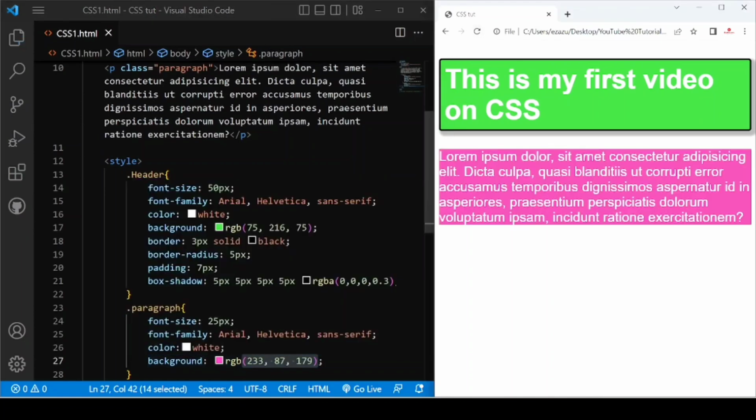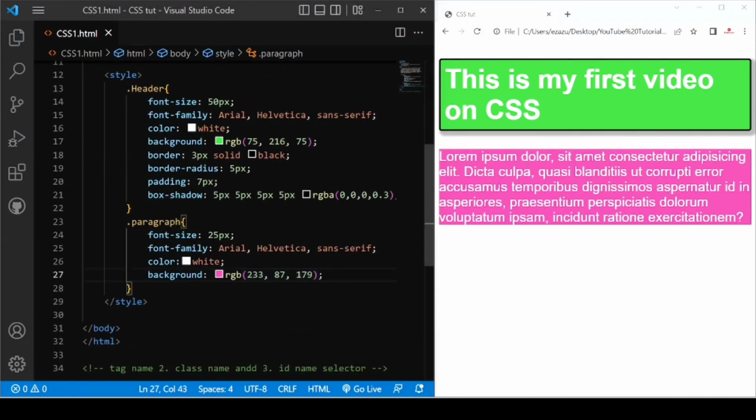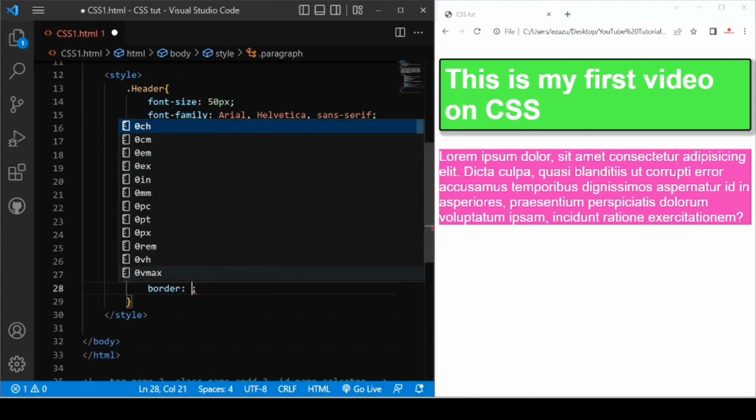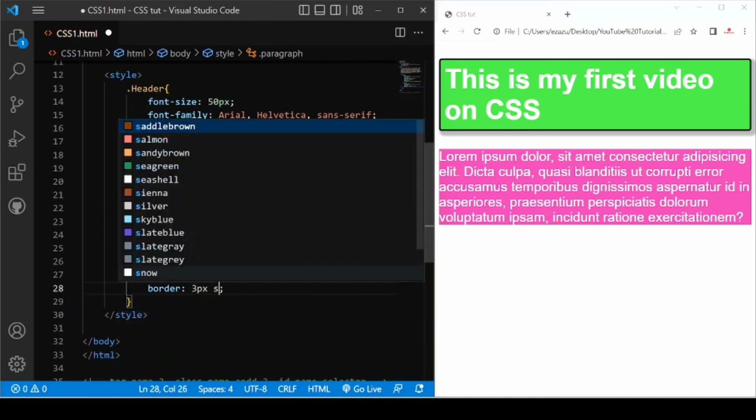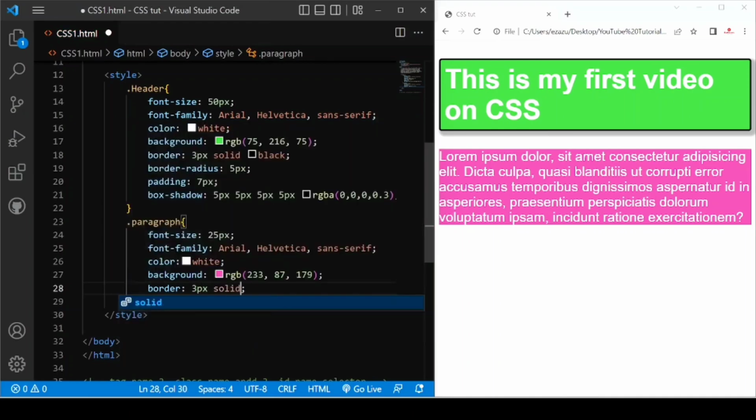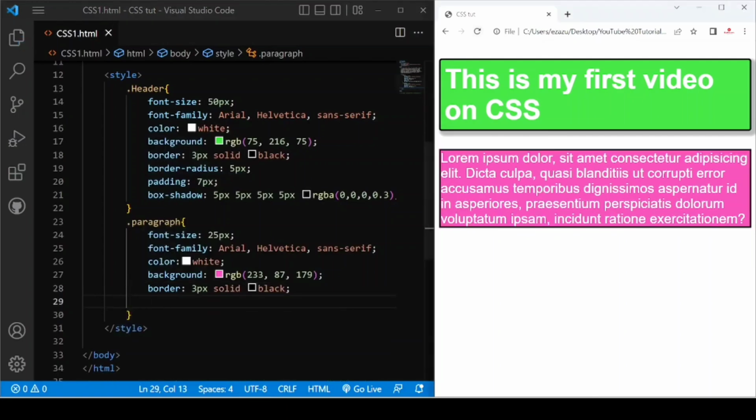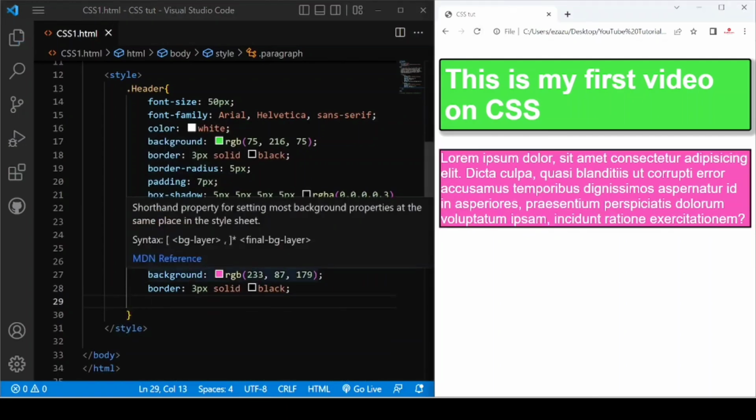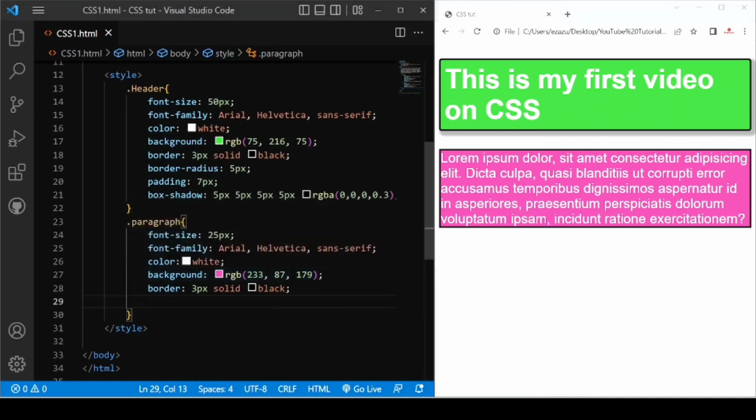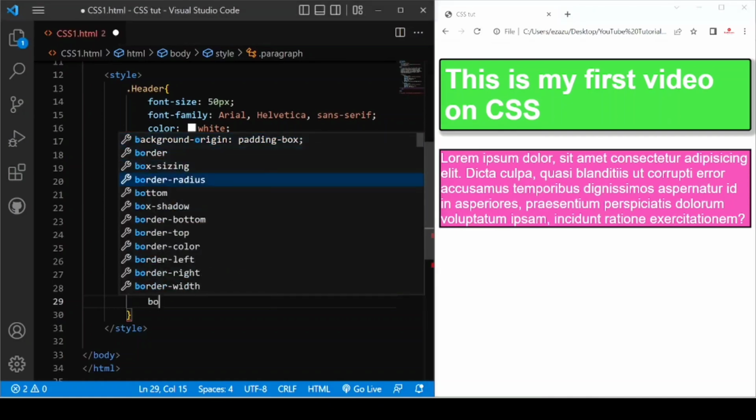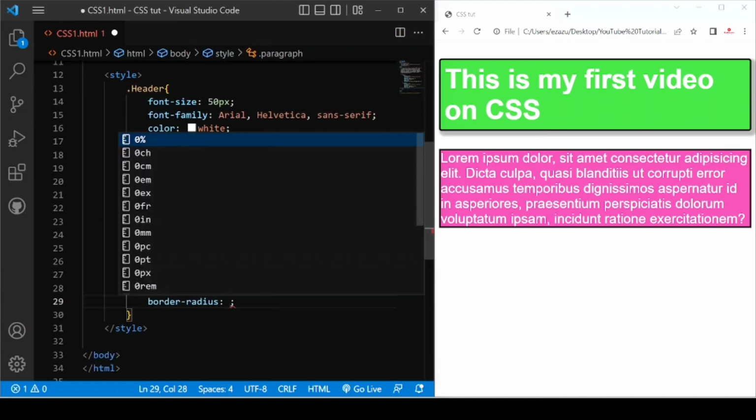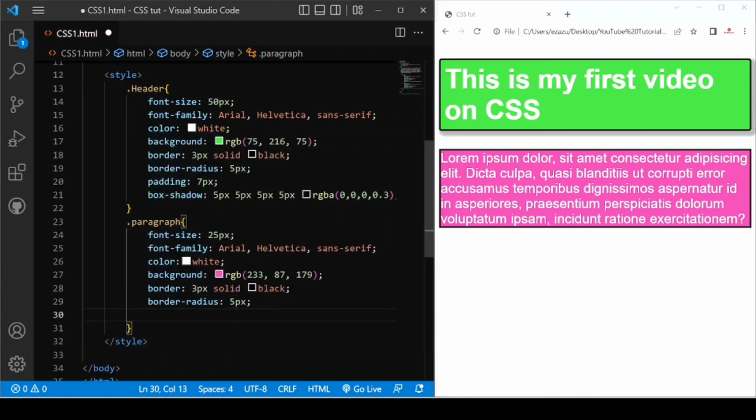Now see, perfect. And after that I also want to provide a border, 3 pixel solid black, border radius, 5 pixel. Now padding